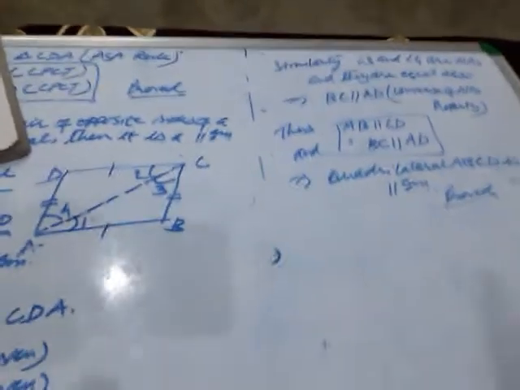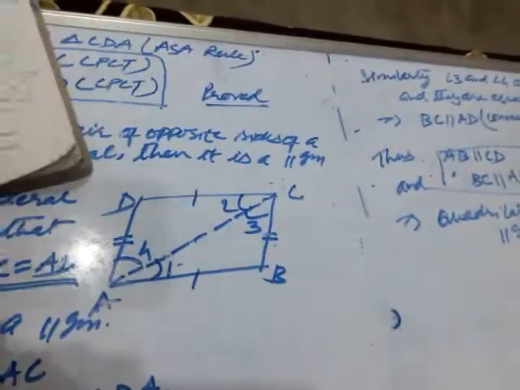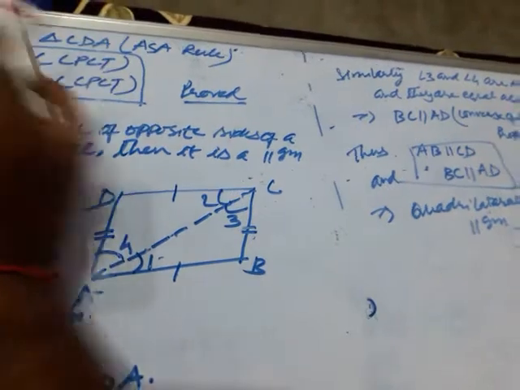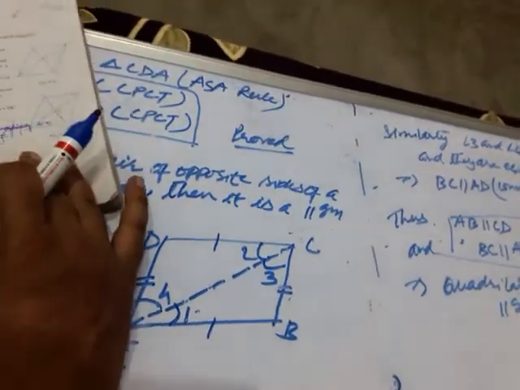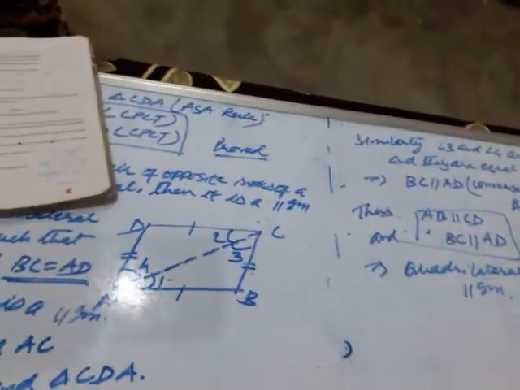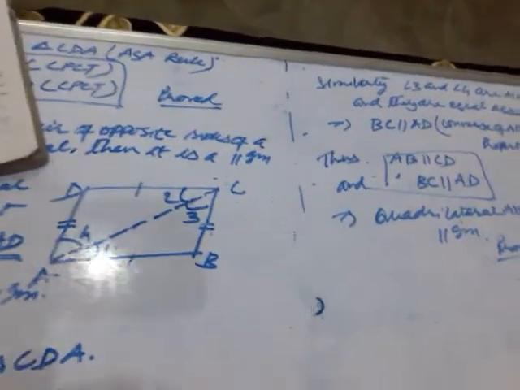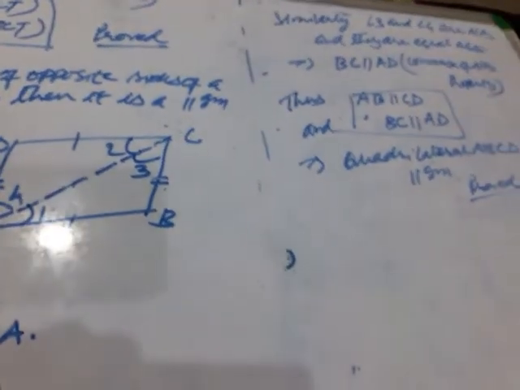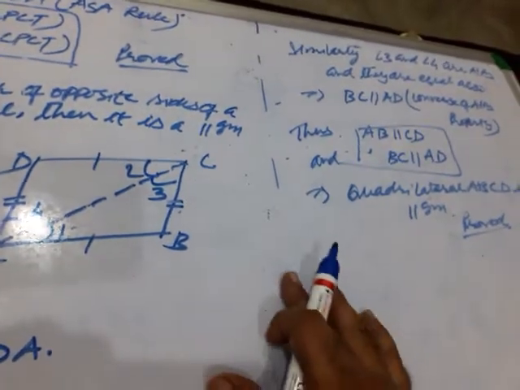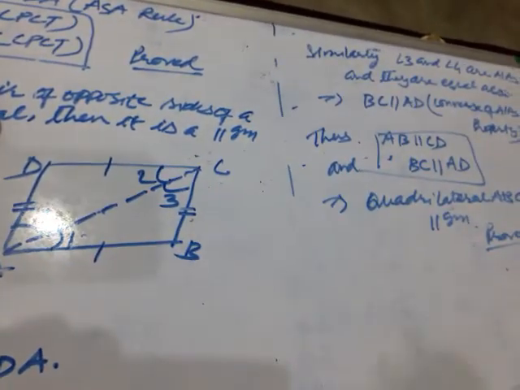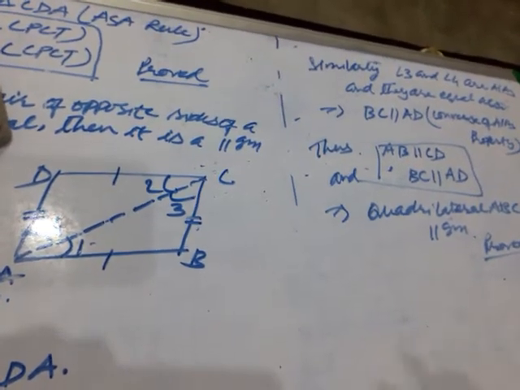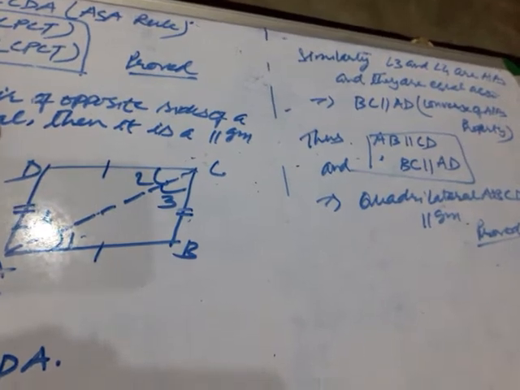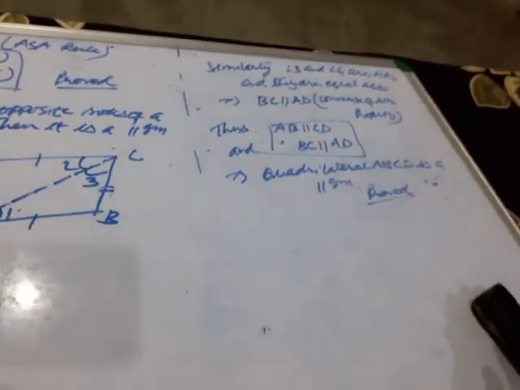So how many theorems have we seen? Theorem 8.1, theorem 8.2, theorem 8.3, and the angle sum property of quadrilateral, and we have proved them also. So this is enough for today's class. In the next class we will see some other properties of quadrilateral and parallelogram. They are very important, and we will prove each one of them. Children, you are supposed to solve and prove them on your own also, then only you will get confidence. Otherwise in the examination it will be very difficult to prove them.